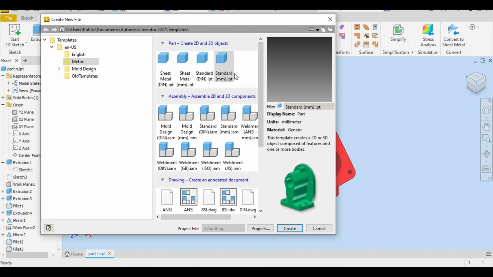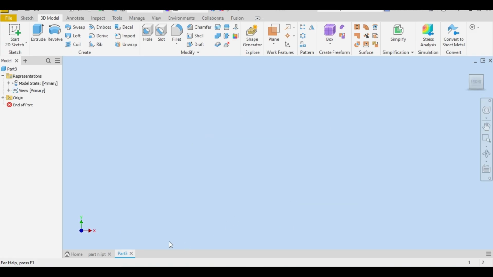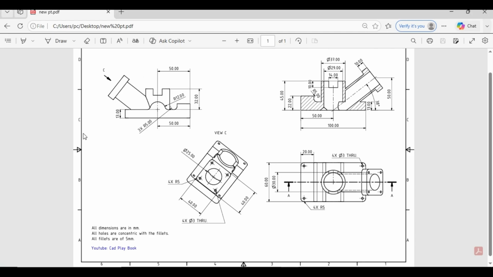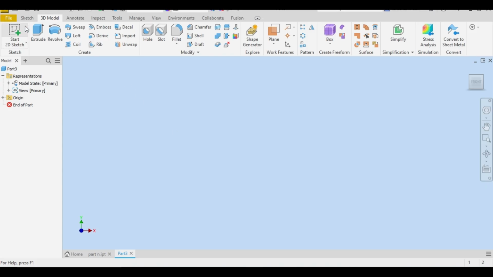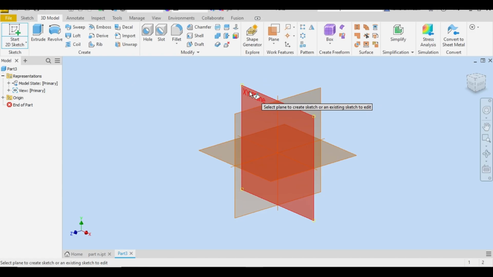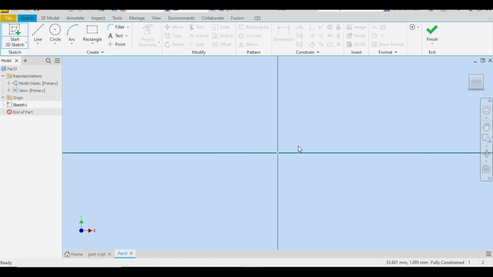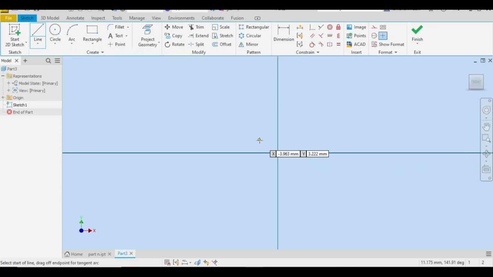Control and select standard template and go to the 2D sketch, and here's the drawing sheet. The overall dimensions of the part and other sections are also given here. The section A, and go to the sheet, start 2D sketch, XY plane, and here we will draw a line like this, a rough sketch like this,